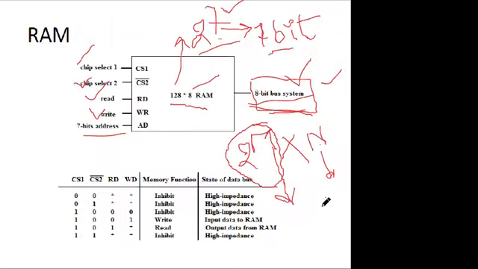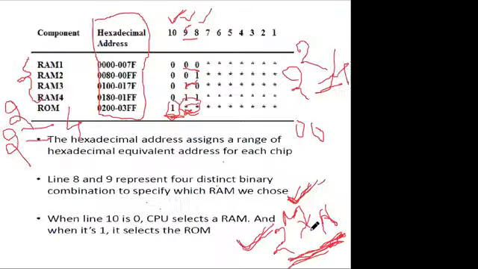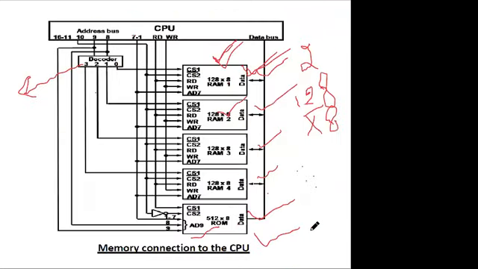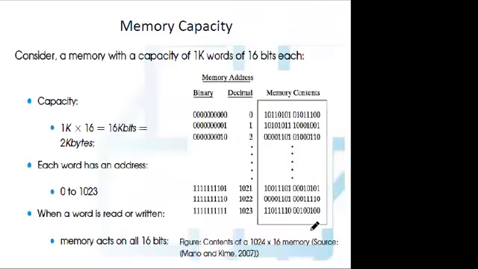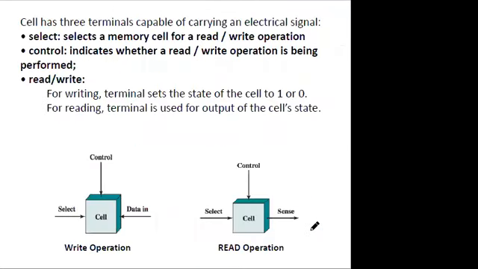And what is the structure of a RAM? How many input lines are there for a RAM cell? And what is the output line? And what is the case for ROM? And what is the memory capacity? We are also going to discuss what a basic reference cell is. So let us suppose we have a basic reference cell. This is represented as a single cell of the memory. So what is the single cell of the memory?